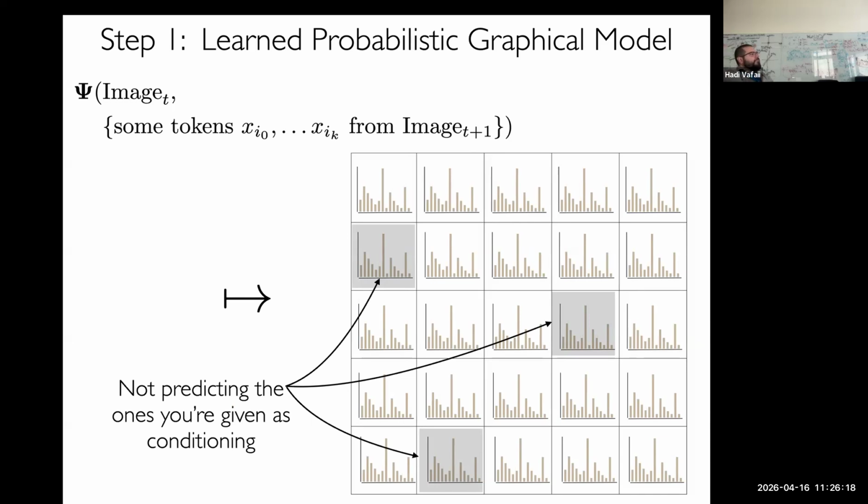Okay, so let me rephrase what this is. Imagine that each of these patches is a random variable. What this function is describing is a learned probabilistic graphical model that allows you, for any one variable in the system, to predict the probability distribution of that variable conditioned on any other variables. That's the essence of why it's a PGM: it allows you to predict the distribution of any one variable conditioned on any other subset of variables in the system.